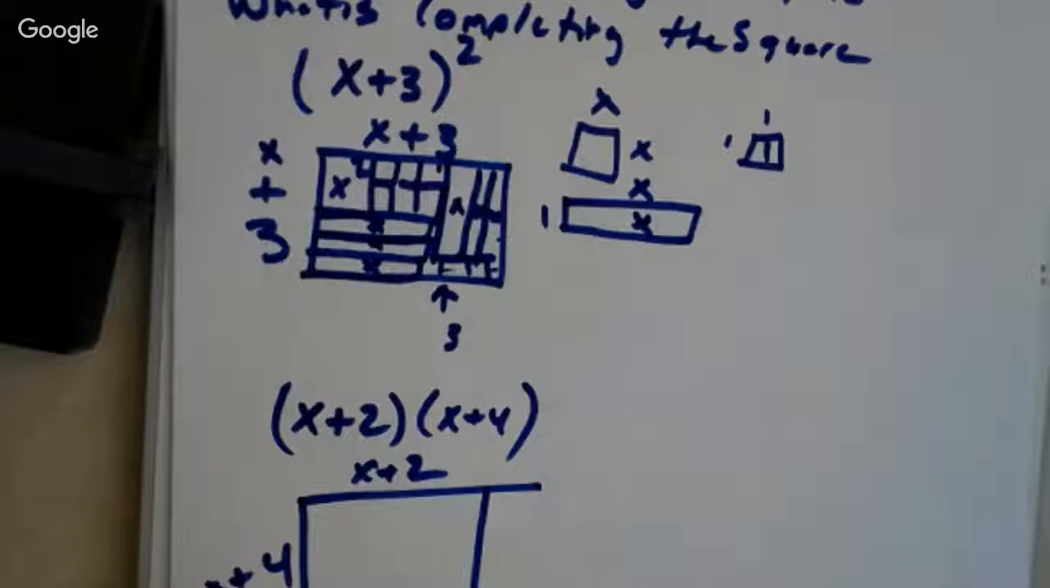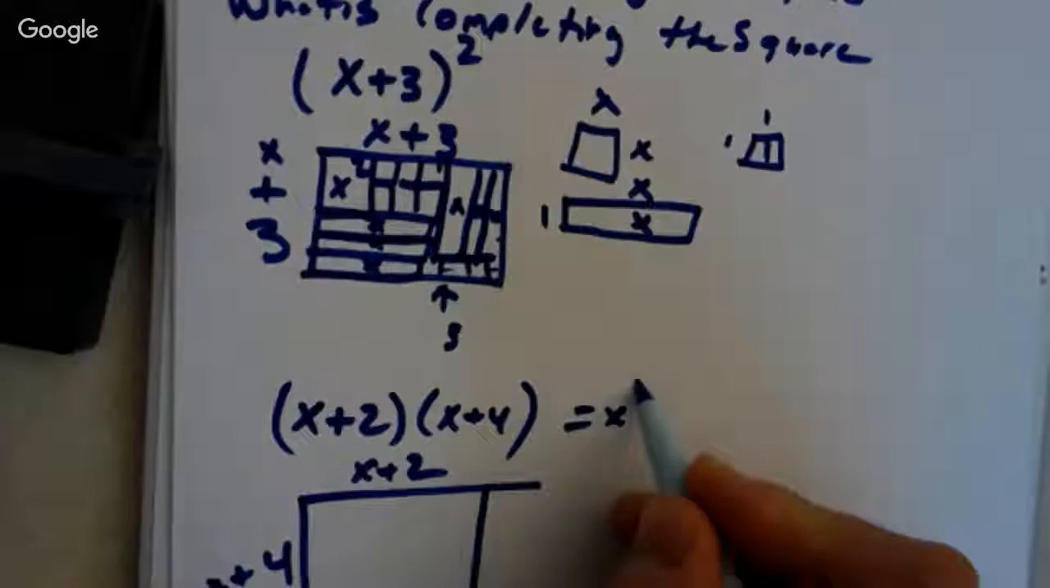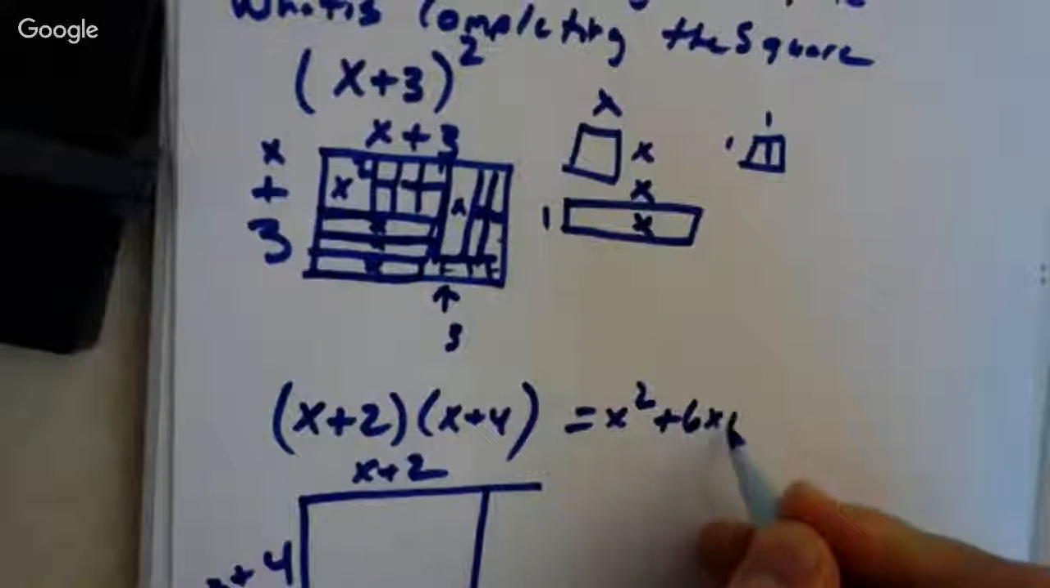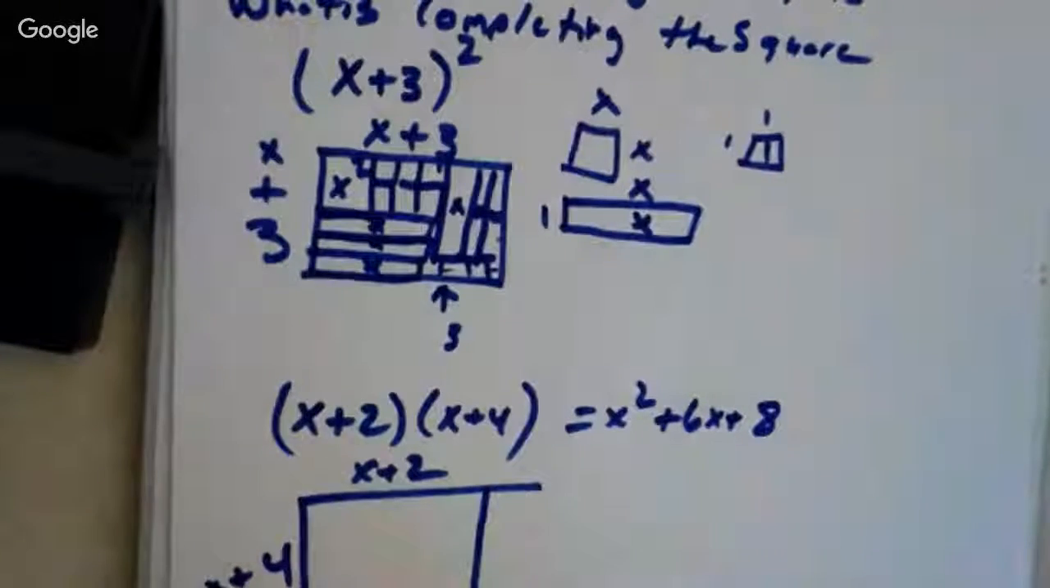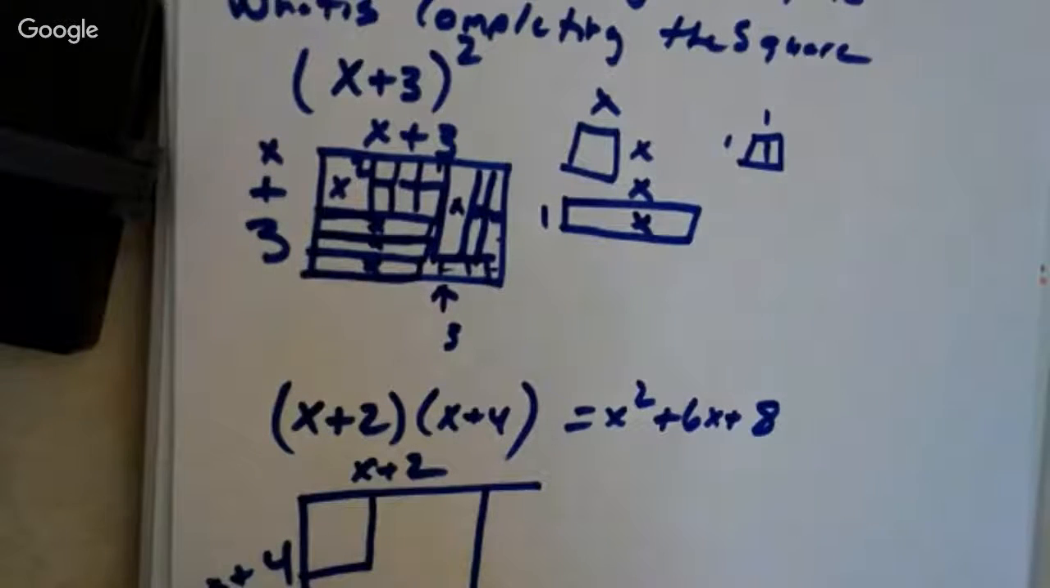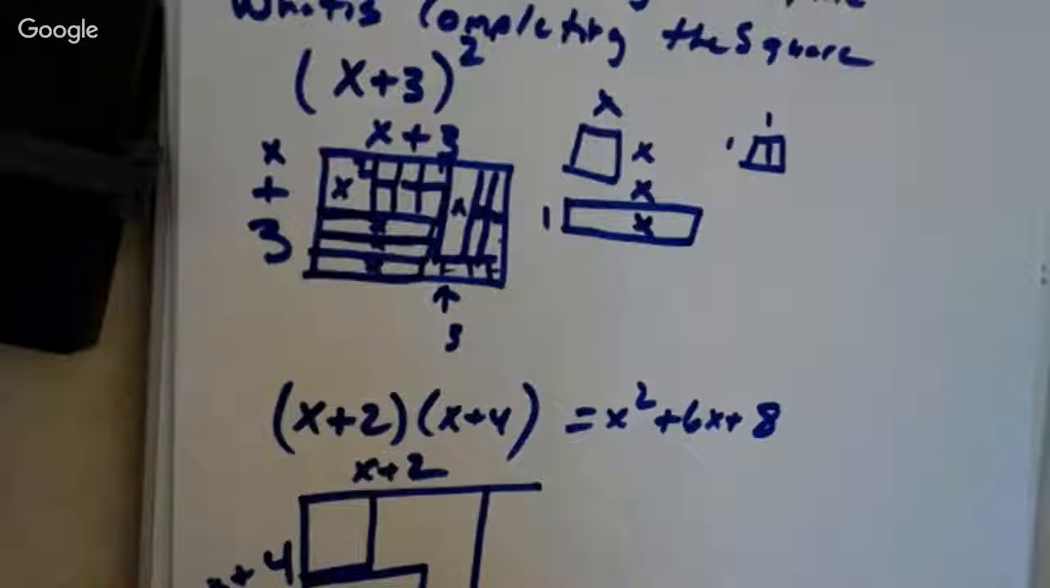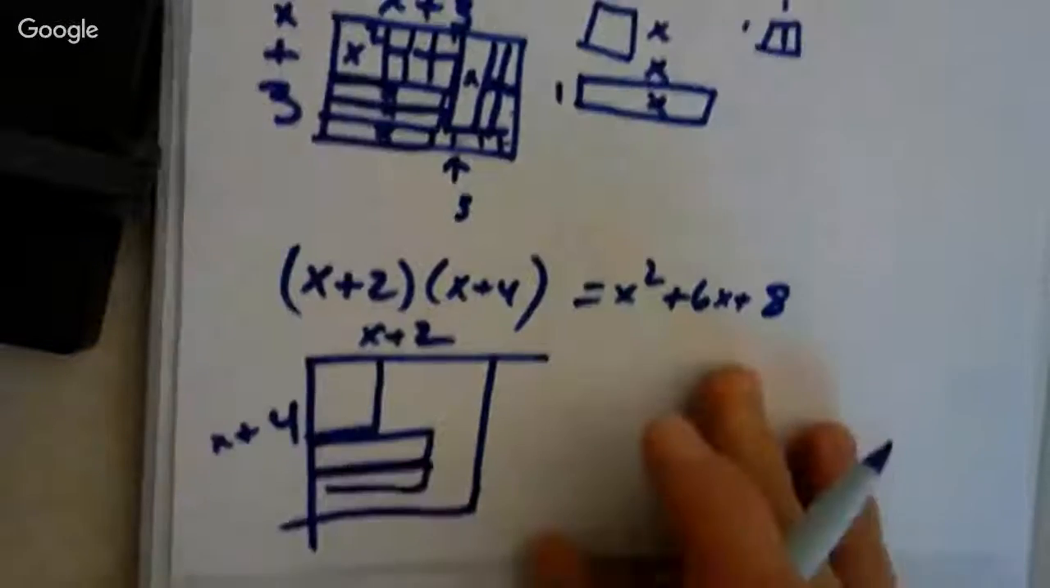If you had x plus 2 times x plus 4 and you FOILed it out, you'd get x squared plus 6x plus 8. The problem is when you did that, 1, 2, yep, sorry,